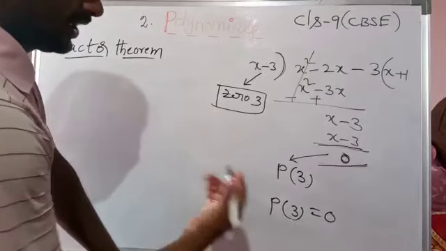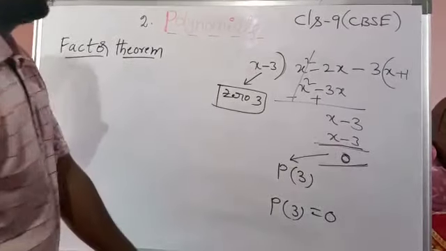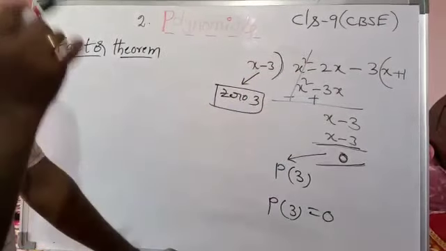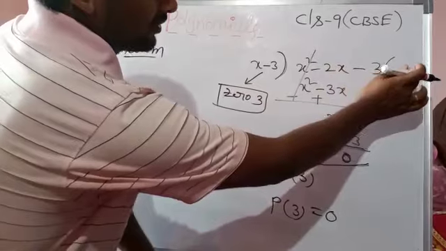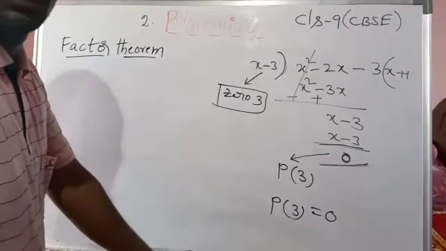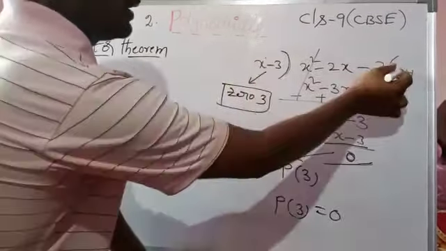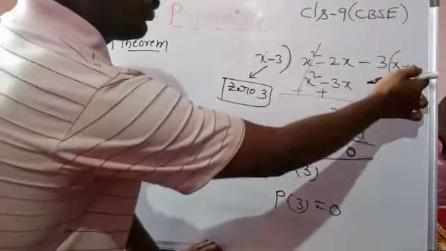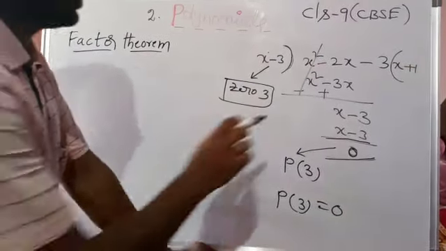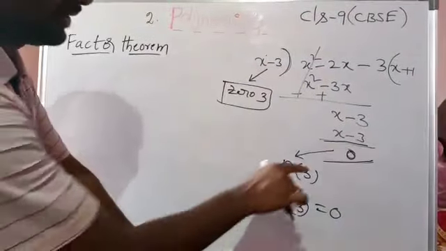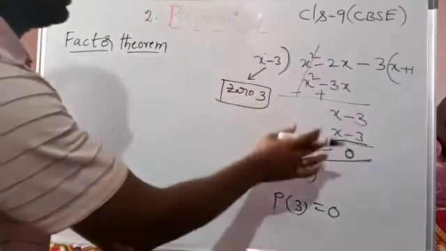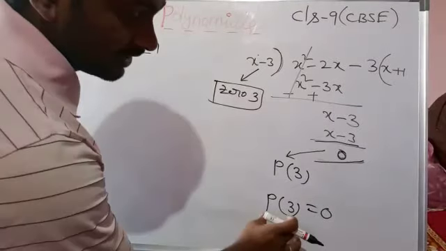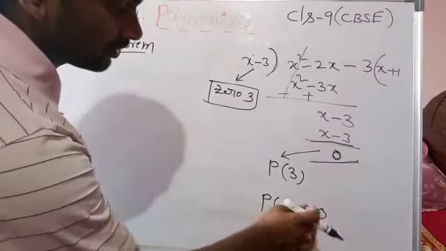So as we know, if remainder is 0, then you can say this divisor is a factor of the dividend, or also you can say the quotient is also a factor of the dividend, students. These both are divisors, quotient, both are factors of the dividend if remainder is 0. So here in this example remainder is 0. So by following remainder theorem, what is the remainder? That is p of 3. So here p of 3 is equal to 0.